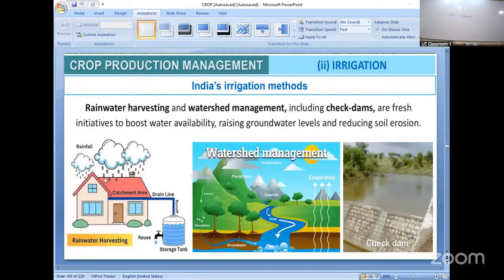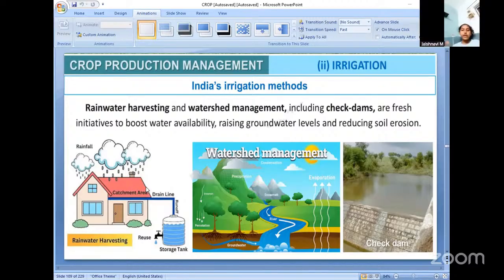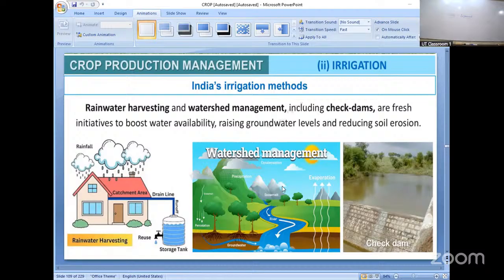irrigation methods. Anna, have you heard about rainwater harvesting? Yes, ma'am. What is rainwater harvesting? Ma'am, the storage of water, rainwater, when it is raining. Yes, storage of the rainwater, and then it is used for irrigation. The same way, watershed management and check dams are used for